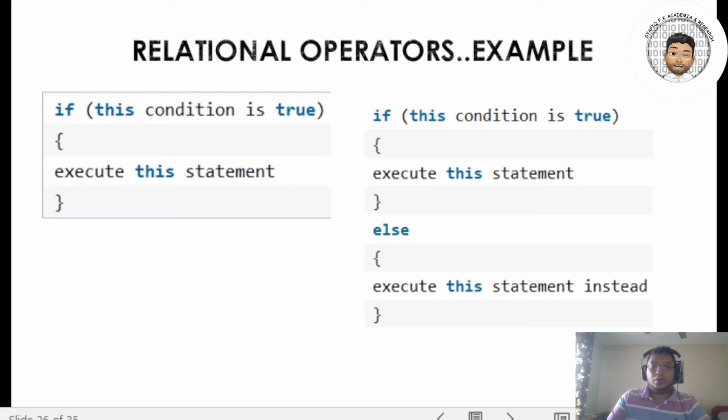Okay, so this one, what you see here are relational operators. If this condition is true, execute this statement. If this condition is true, execute this statement, else execute this statement. So this is what we're going to do when you have some things you want to make sure that